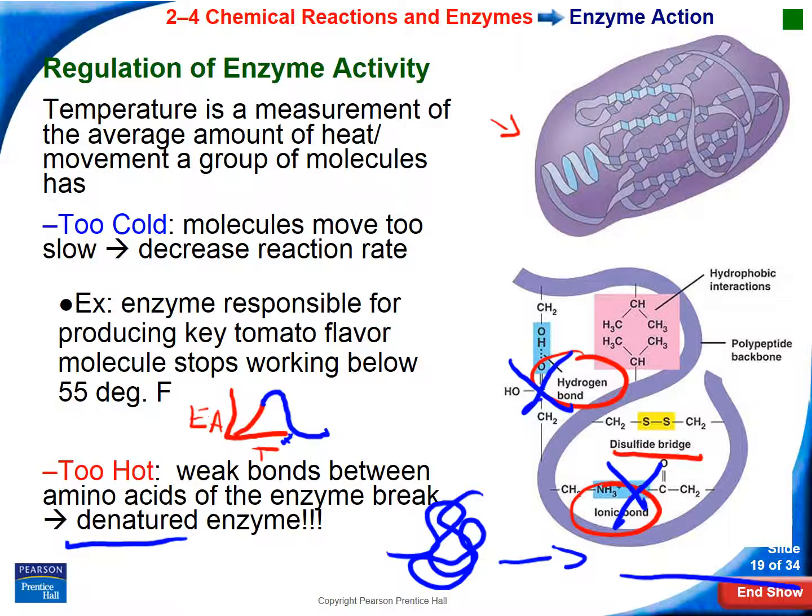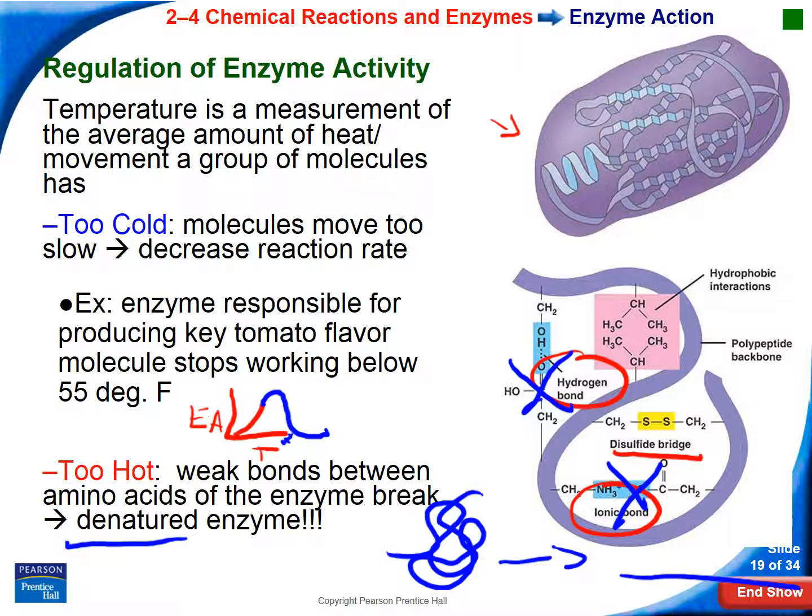So as we start to go up, our temperature increases, our enzymes are getting happier. Enzyme activity starts to go up and up and up until we reach some point at temperature when molecules are